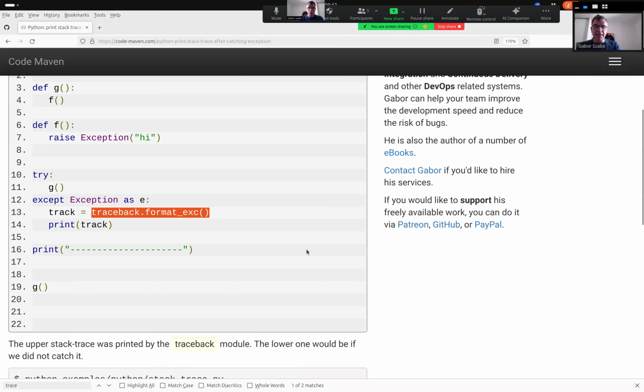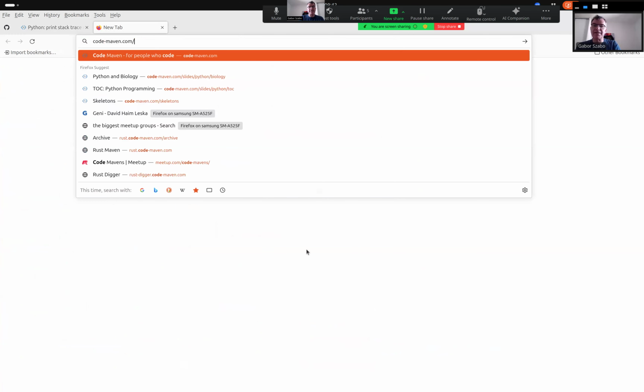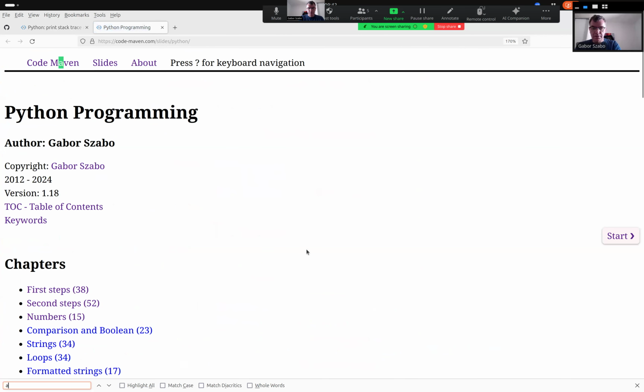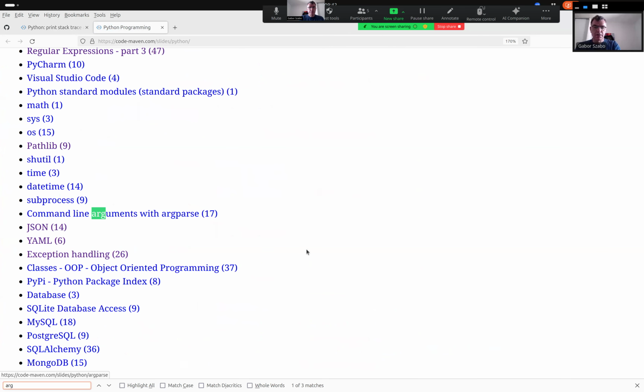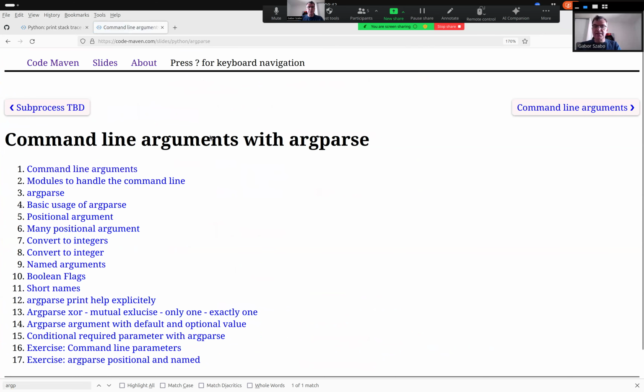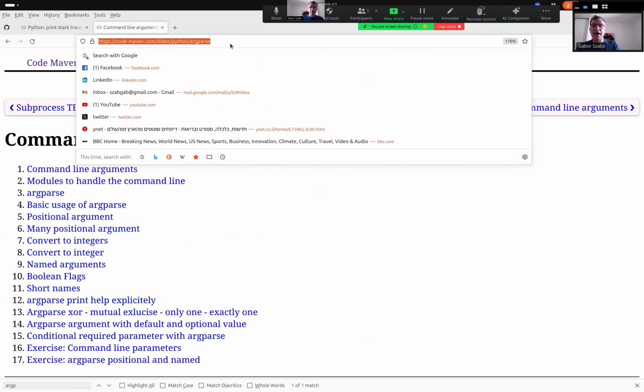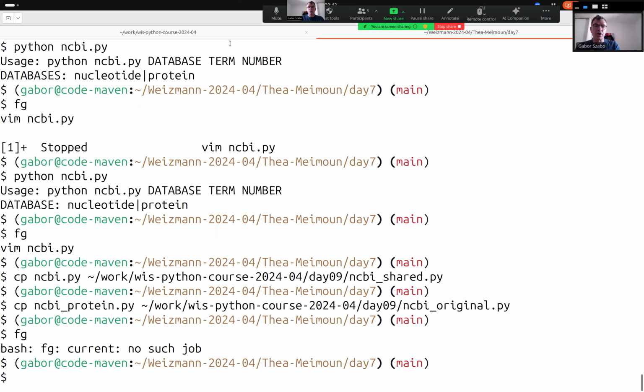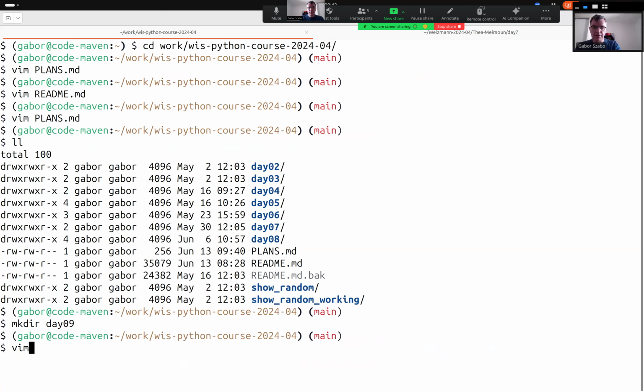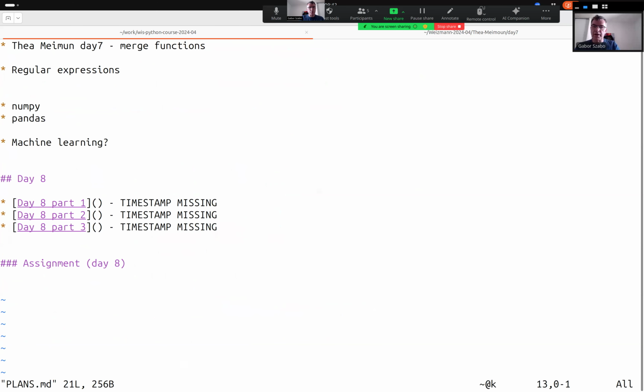And for this, I'm going to show you something in the slides. Python, argparse, command line argument parse. Okay, so this is where we are going to use a library to parse arguments. And here I'm going to take the plans, and first of all, I'm going to copy this thing,